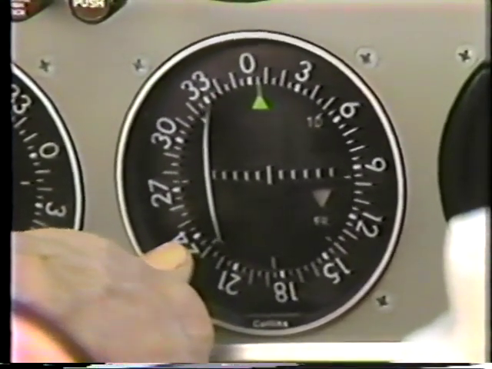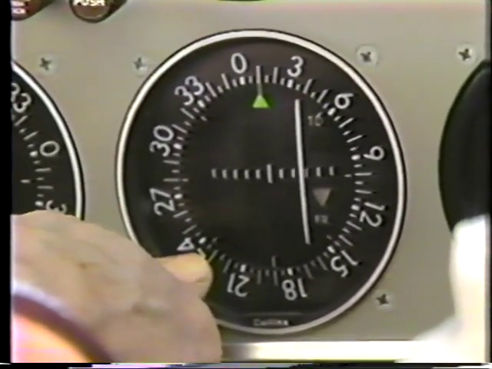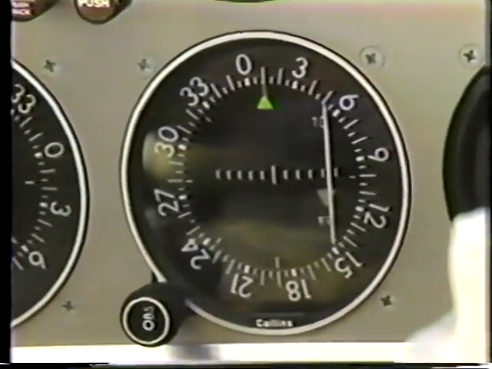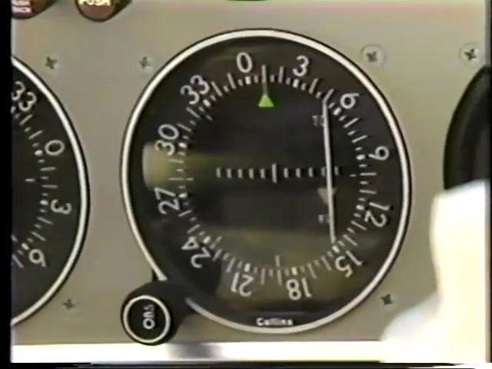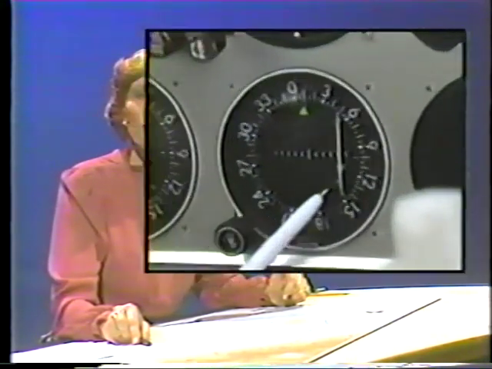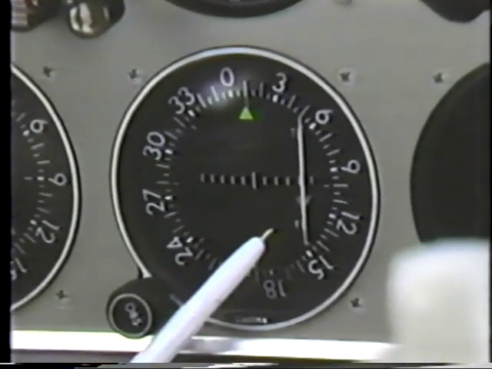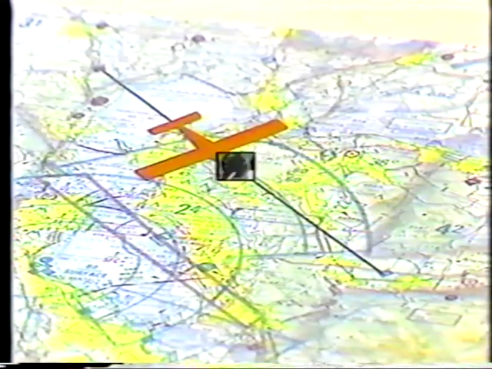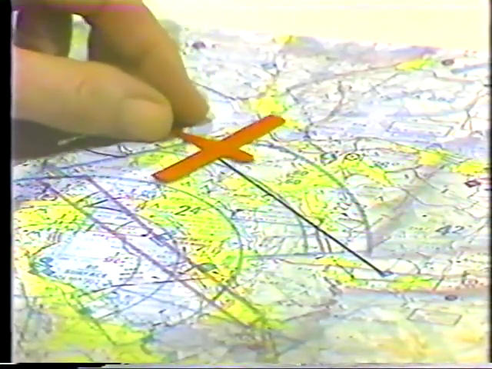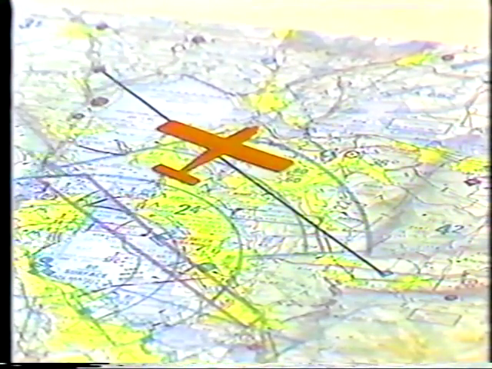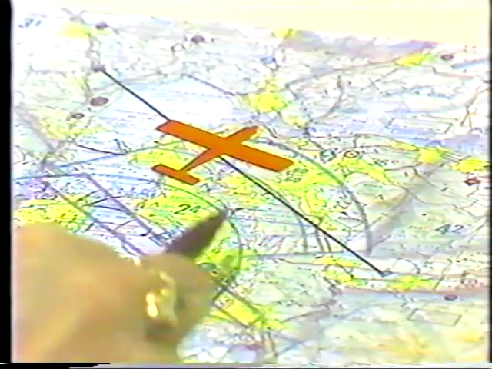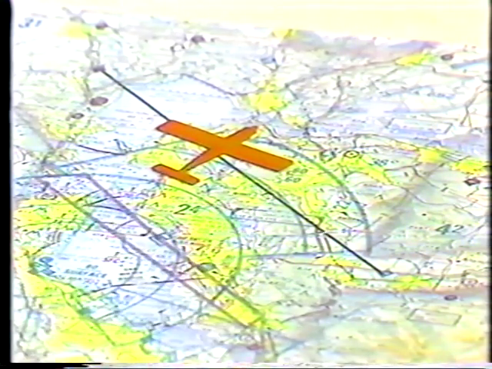Then we turn the OBS until the flag is on FROM and the magnetic course of 010 degrees is under the index. The question is, have we crossed the radial yet? The CDI is to the right, indicating the radial remains ahead of us. How do we know this? In our imagination, we turn the airplane to the same heading as the magnetic direction of our selected course. It is now obvious our selected course is to the right. We have not yet crossed the